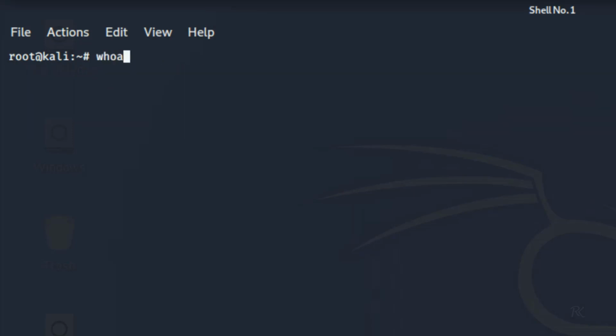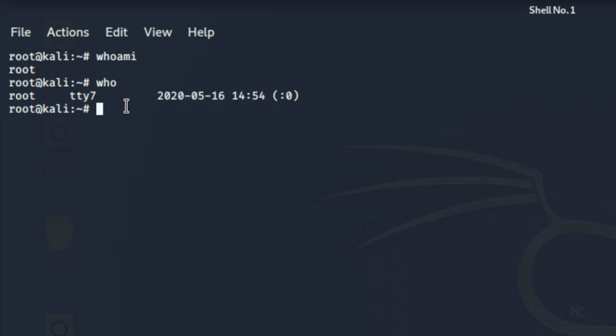Now we will ask whoami, and it will show root because you are currently a root user. If you are a guest user, it will show whatever name you have entered for your guest user. And if we ask just who, it will show that you are a root user. And tty7 is the physical terminal from which you have logged in.